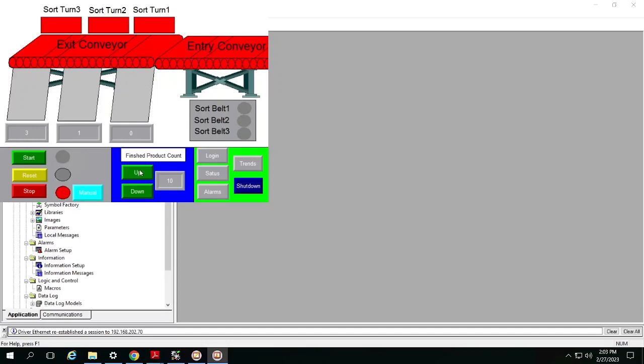And then you can put the finished product, which is this bin right here, up or down, and that just tells the machine when to reset these values. So you could hit start, stop, reset, or you can put it in manual or auto mode. Right now it's in manual. So we'll put it in auto mode so you can see the status